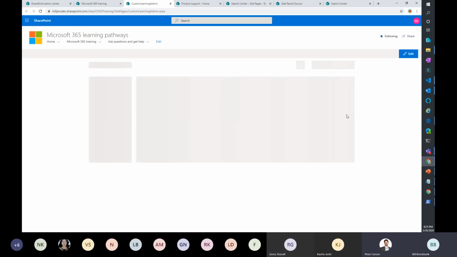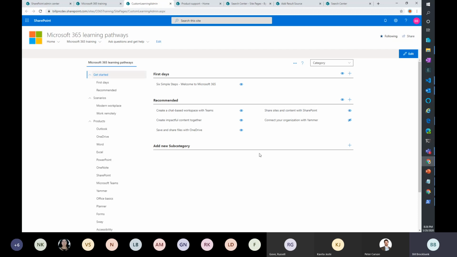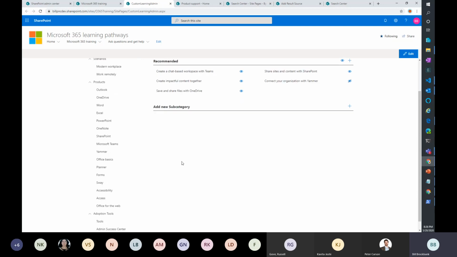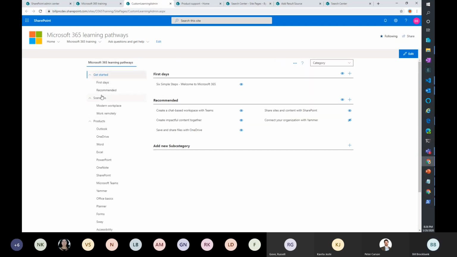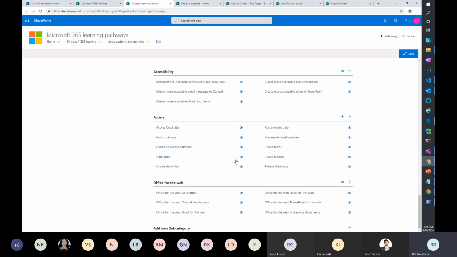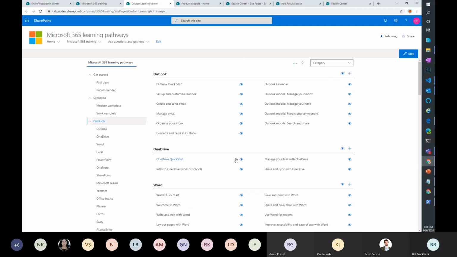It's going to come up in a second. Hopefully it comes up in a second. There we go. This is all the content that's defined in here. So you can go through here and turn stuff on and off. My customer wasn't using Yammer, so we turned all the Yammer stuff off that was defined in here. Anywhere you can just click on hide this subtopic, and you can go create your own. You can go at the end and add your own stuff into this. So you can actually add your own groupings and put your own stuff in. And when you start doing that, you actually create your content pages in SharePoint. You don't actually use their process.